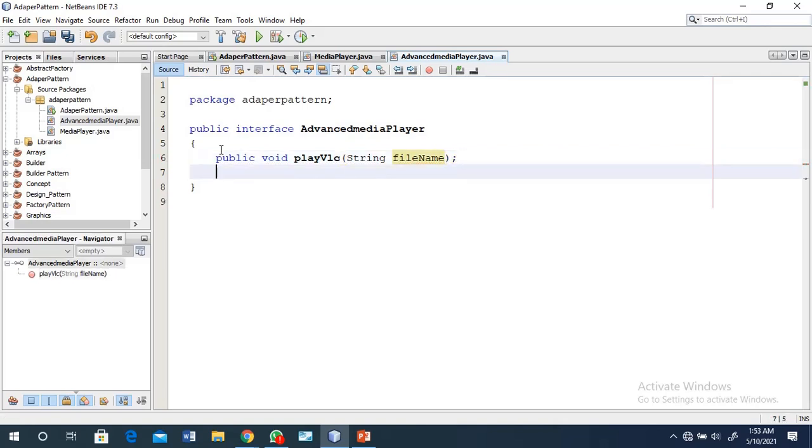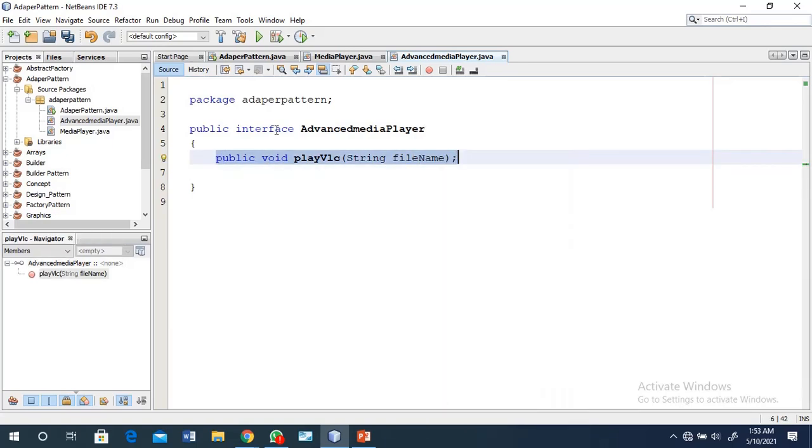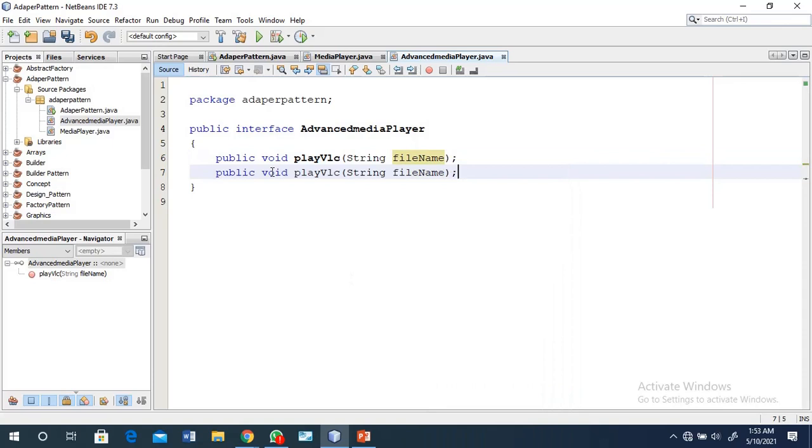Then similarly you create a method for play MP4. So you create these two methods here. Then the interface task is over.